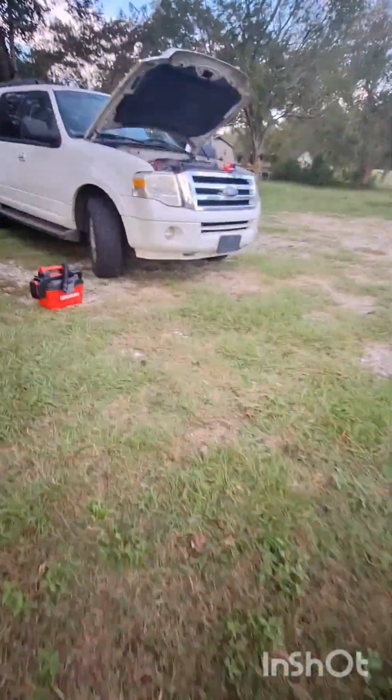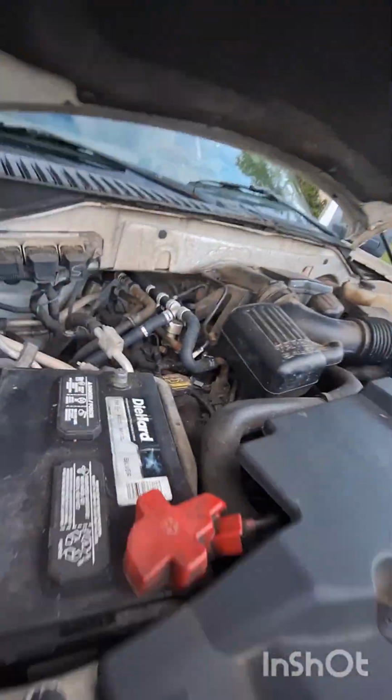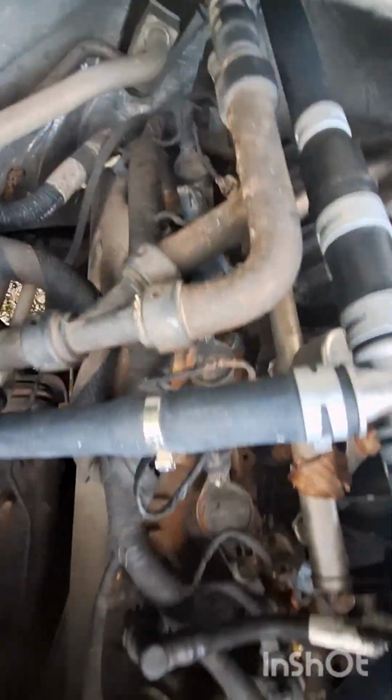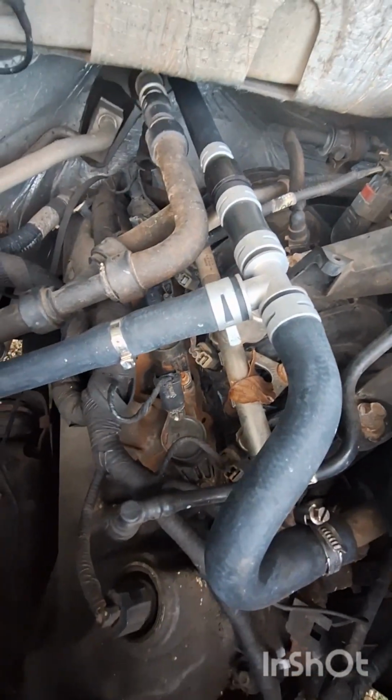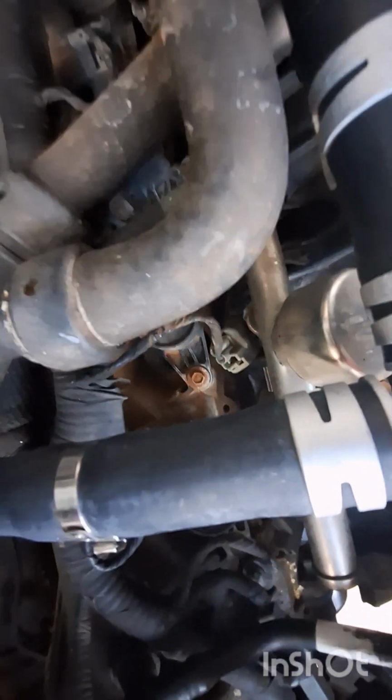And before you want to start taking anything apart, that's why I got the shop vac. You want to either blow or suck all the debris from around the ignition coil so it doesn't fall down in the spark plug well. Now that we have everything sucked out or blown out, I had to blow everything out good when the dust came out. Now you're going to need your 7 millimeter socket to get your ignition coil